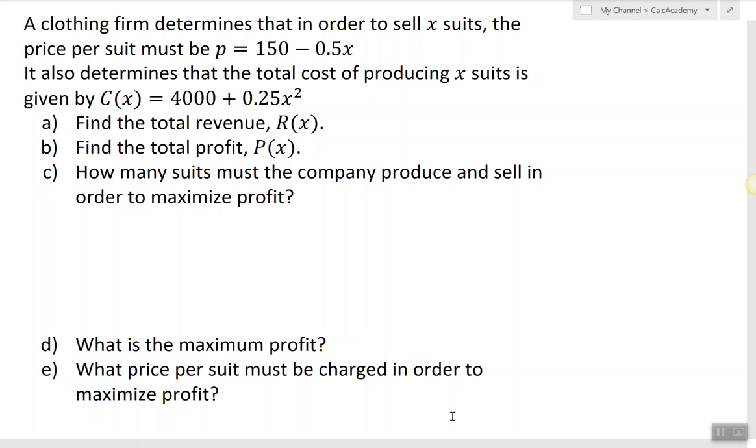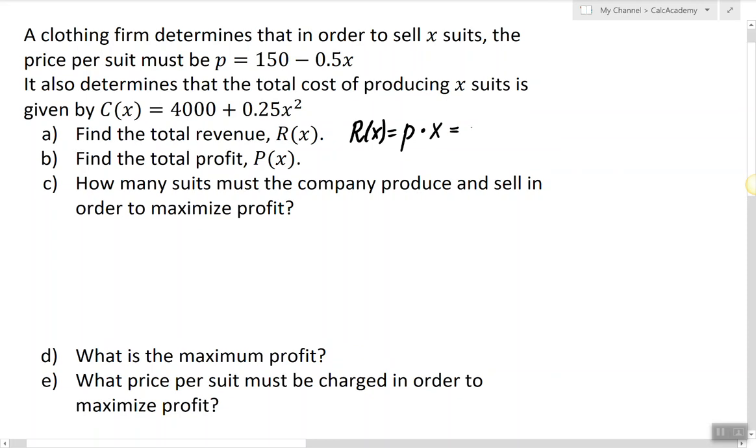In this video, I will show how to use the optimization idea in a business-related scenario where profit, cost, and revenue functions are given. So in this case, we have not the revenue, but the price function and the cost function. So the total revenue function, as we know it, is the price multiplied by the units sold. So if the price is 150 minus half x, then the revenue will be